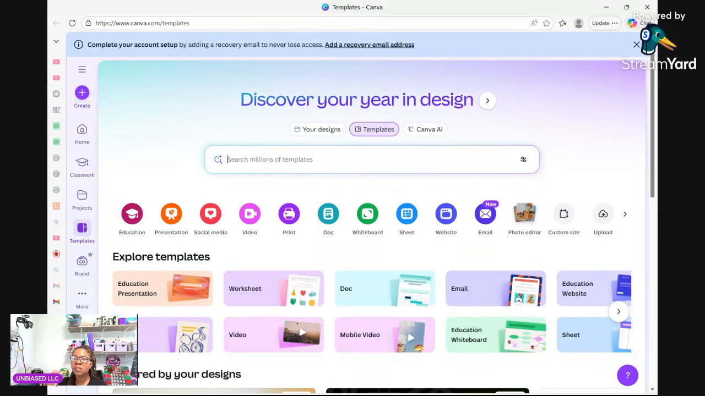So you're going to take a selfie, email it to yourself, then go to your email, download it to whatever device you're going to be using, and then you're going to come to Canva. So once you're in Canva, you're going to click this create button,